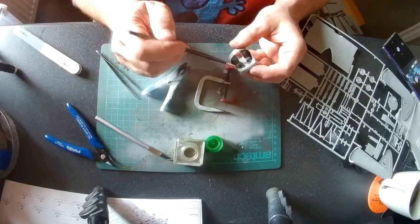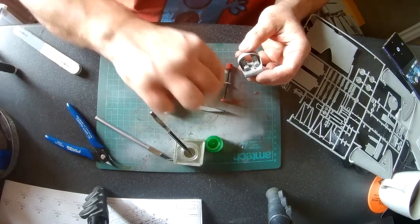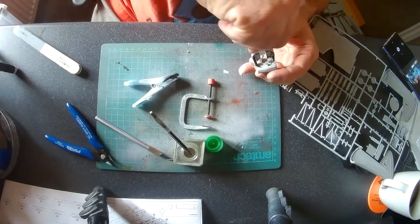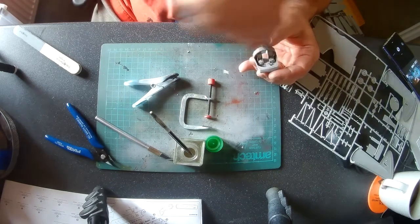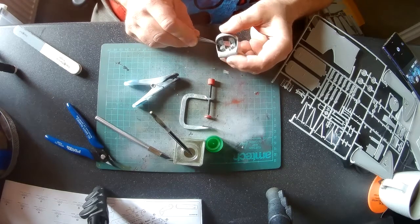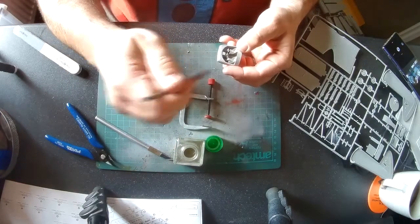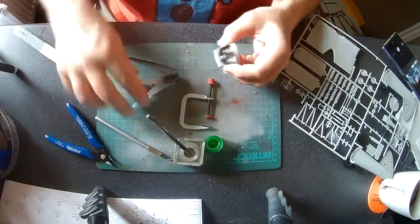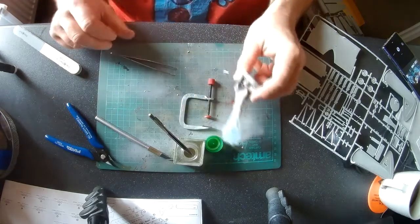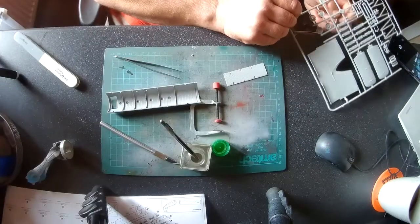Now at that point when I was pushing something down, I snapped off the steering wheel. So I've put a little bit of glue on there. It's now just going to sit that back on top of where it should go, and it's all happy again. Mistakes do happen in my modelling. And just with the front of the dash, the front of the aircraft popped in the front there, a little bit of a peg to keep it in place, and we're on to this